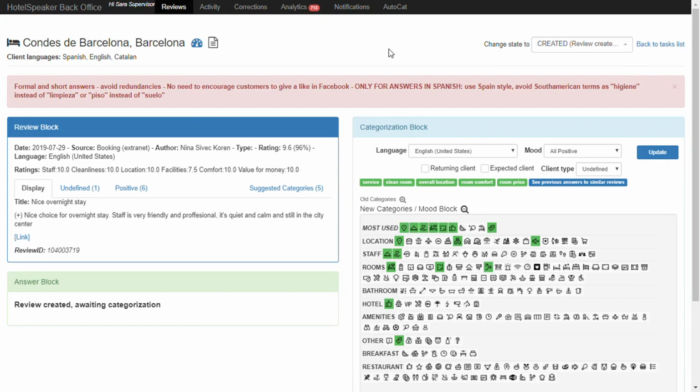This is an introduction to using the hotel speaker platform and the procedure to respond to a guest review. So firstly, here on the left hand side we have the icon that represents the type of establishment the review